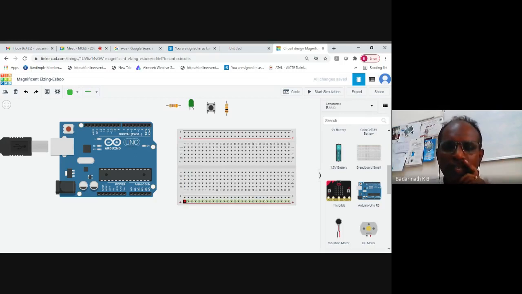Now, whenever you build a circuit, you require a power supply and ground for so many components. But there is only one 5 volts point, and I want to connect many wires to the same point. It is not possible to physically connect many wires to the same point. So what we do, we use a breadboard.